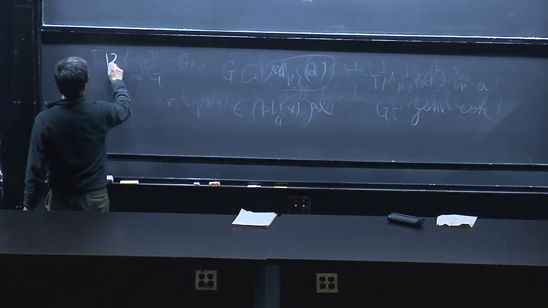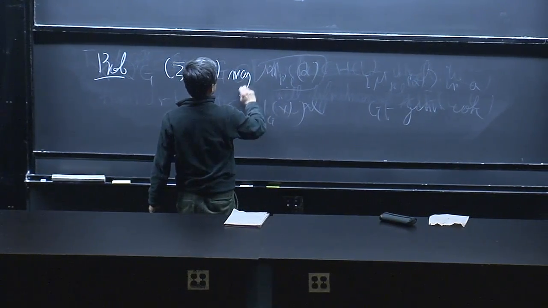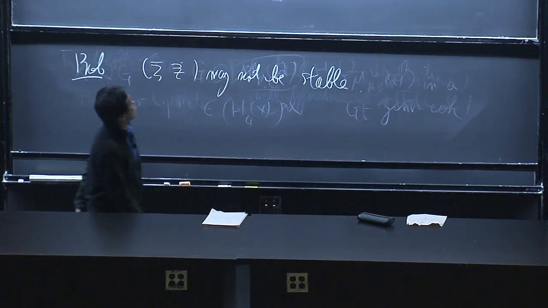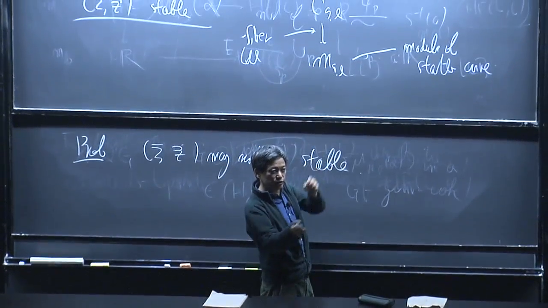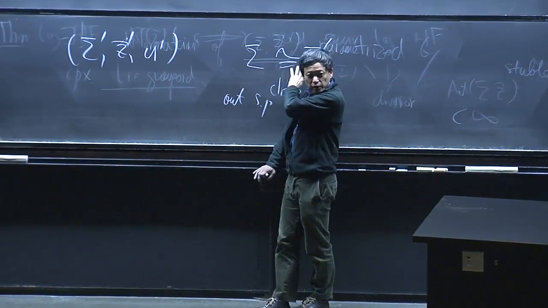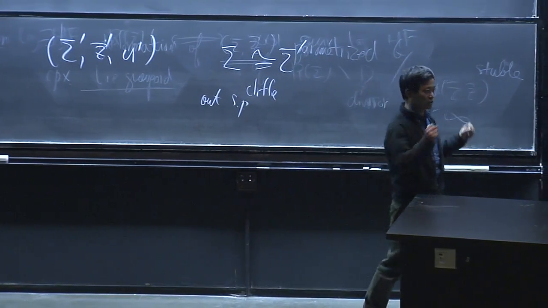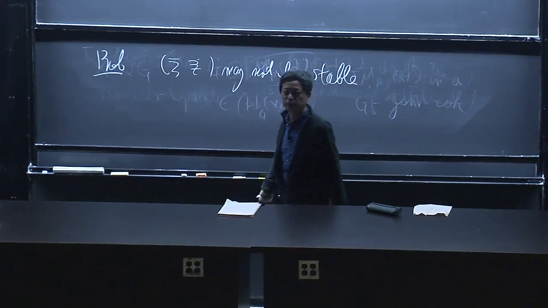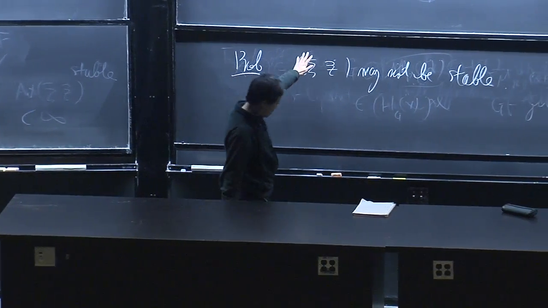So the problem is sigma may not be stable. So in that case, we don't have this nice Deligne-Mumford moduli space. And so you can easily see that this identification has an ambiguity, which is exactly the automorphism of this sigma. So that kind of problem I think people meet in this nonlinear PDE problem. You want to fix the coordinate of the equations, but the coordinate has some ambiguity. That makes things worse. So now the issue is that this may not be stable.